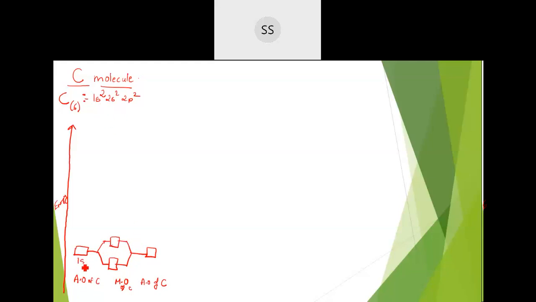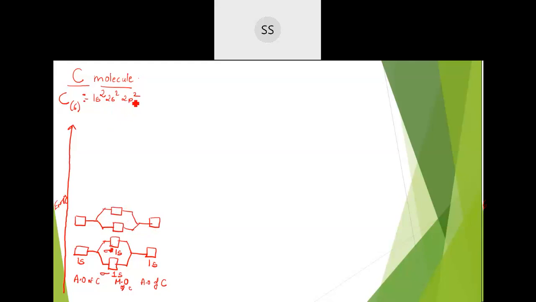So 1s over here and then again 1s on this side. Name of this molecular orbital will be sigma. This would be named as sigma 1s, and the above one is sigma star. This is named as sigma star 1s. Then come to the next one, 2s. So above this we have 2s and then 2s. Two electrons in each, correct? And two orbitals combined together to give you two molecular orbitals. So I'll write one here bonding molecular orbital of 2s, and then another one is anti-bonding molecular orbital of 2s. So this will be the 2s one.